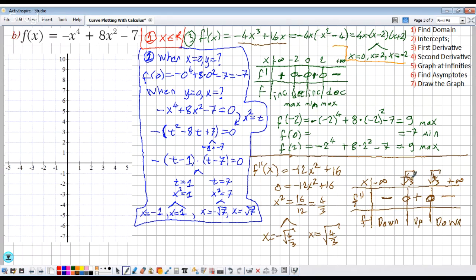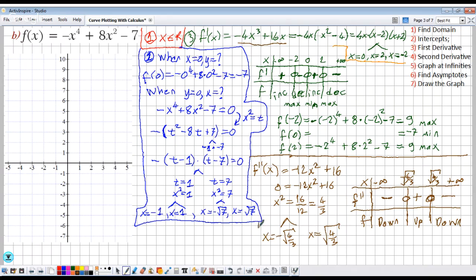X is equal to minus square root of 4 over 3 and plus square root of 4 over 3. They are also called inflection points. We should find results for them, but since, as I have told, it's going to take so much time, there is no need to find this kind of results. If it was just one, we could try. Actually, it is a very close number to 1, like 3 over 3, 4 over 3. Anyway, this was the